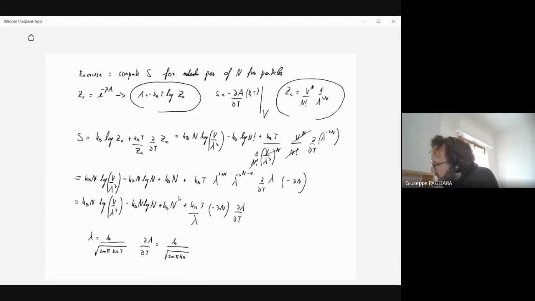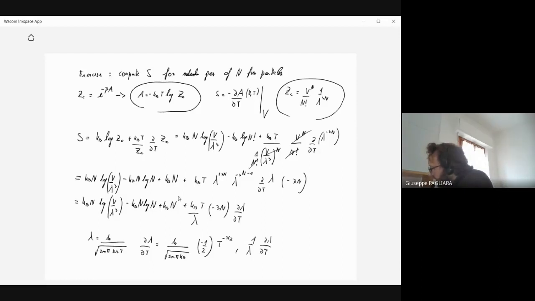Then I have T to the minus 1/2, therefore I have a minus 1/2 and T to the power of minus 3/2. Okay, so this is the derivative of lambda with respect to T. Okay, good. So then if I do derivative of lambda with respect to T and I multiply 1 over lambda,